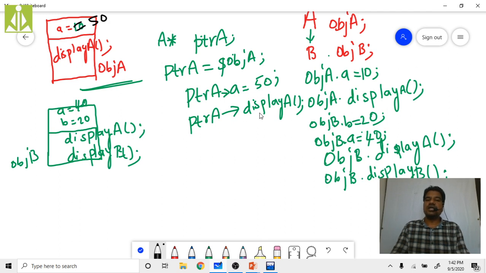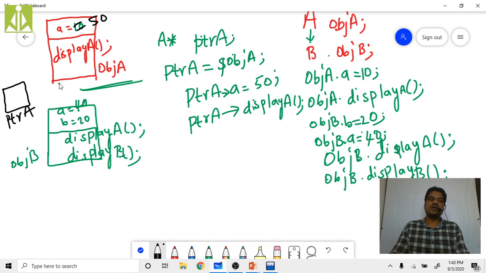So now you are invoking the display A function from that ptrA. So I will take that ptrA also into consideration. That ptrA I am drawing over here, a small box I am taking, and here this is your ptrA, the base class pointer.